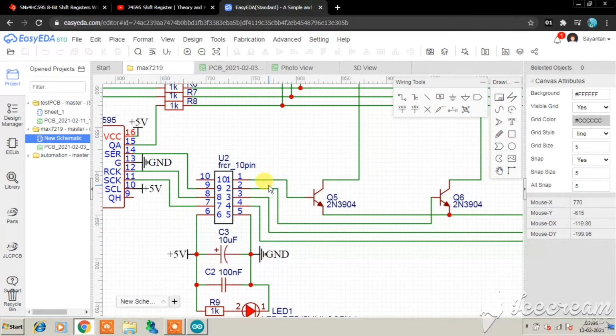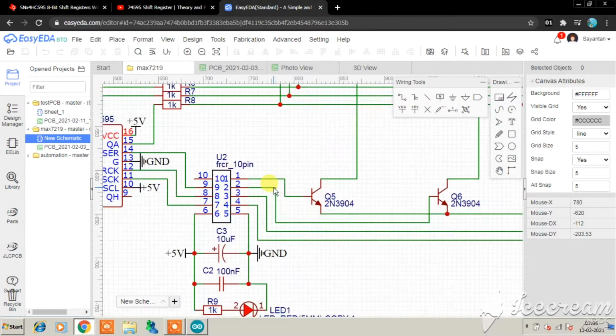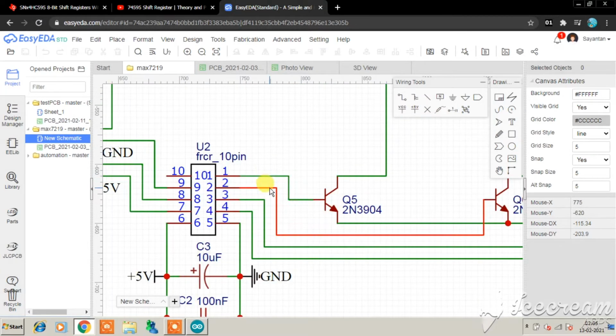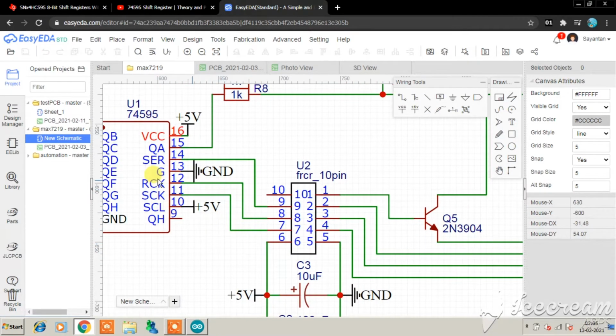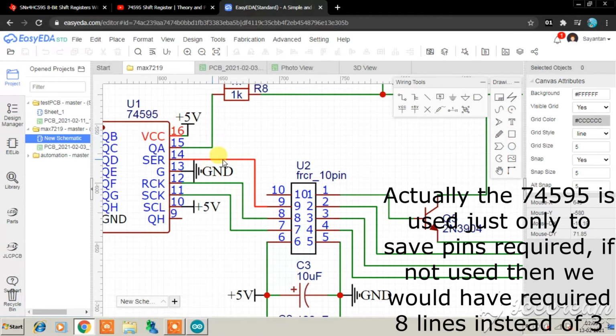And therefore you can see that we have the 4 digits. Therefore we have four such lines which will be driven by the microcontroller. 4 lines here, the VCC and the ground, and also here you can see the 3 pins for the 74595. This is the serial data.